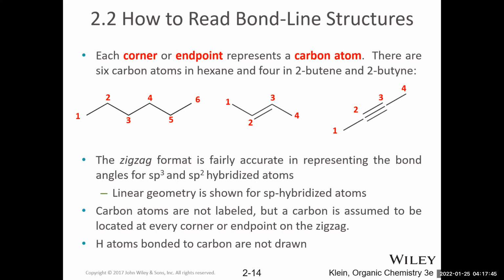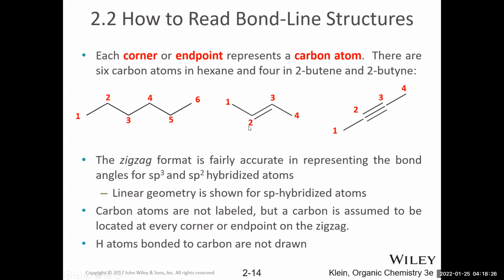So what is represented with all of these lines, right? The lines are bonds, and each corner or endpoint, so this would be a corner, this would be an endpoint, is a carbon atom. And then there's enough hydrogen atoms attached to each carbon atom such that all carbon atoms will have 4 bonds. Is it possible for carbon not to make 4 bonds? Yes, it can make fewer than 4 bonds, but when it does so, it has a charge, which would need to be represented on the structure. So if you don't see a charge, it can be assumed that each carbon has 4 bonds.